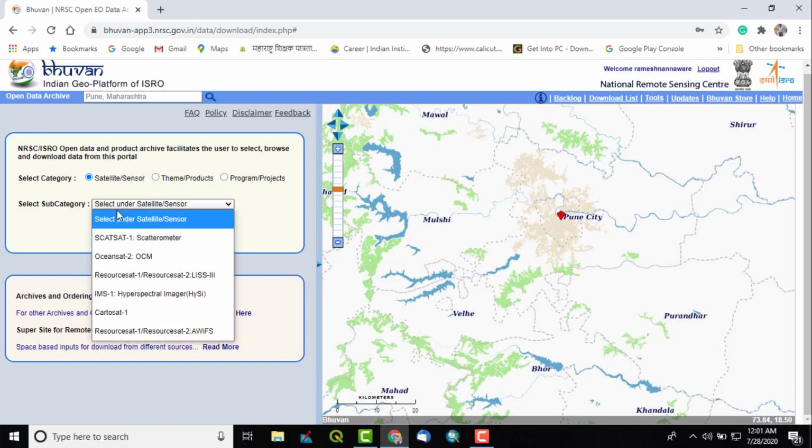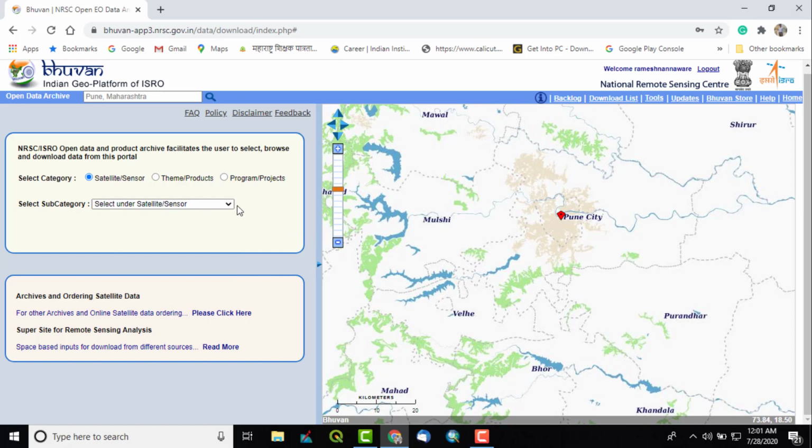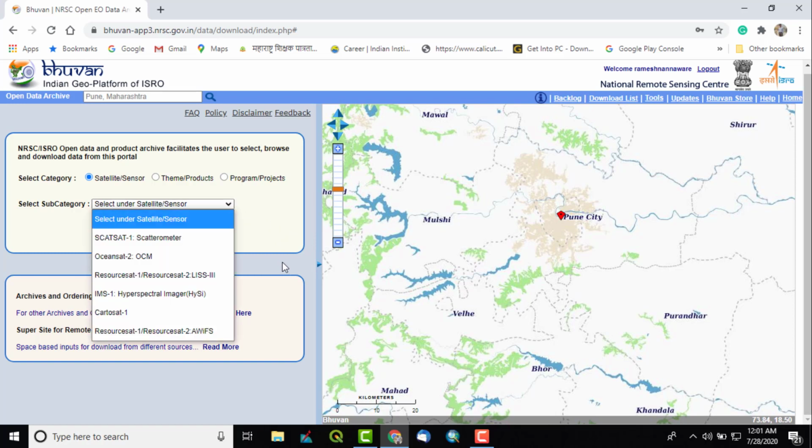Then from here you can change which type of data you want to download, whether LISS-3 satellite imagery or others. You must know these data sets before downloading, as per your study interest. I will quickly go through this particular data set, which is mostly downloaded and used for various analyses: the Resourcesat LISS-3 satellite imagery.